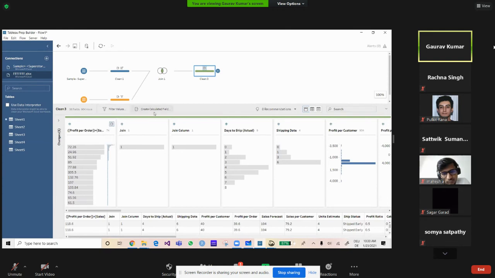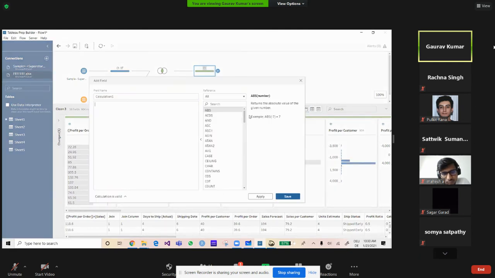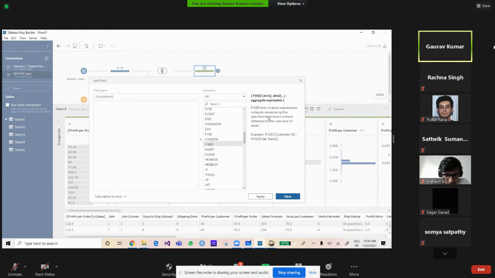So you can do it like that also. For example, if you want to know how many customers visited on any particular date, you can create a calculation, and there are a lot of functions. If you see here, this is the inbuilt functionality of Tableau. For example, FIXED. What is the function of FIXED? You can read here: fixed level of detail expression computes values using the specified dimension without reference to view level of detail. And the syntax is also given.